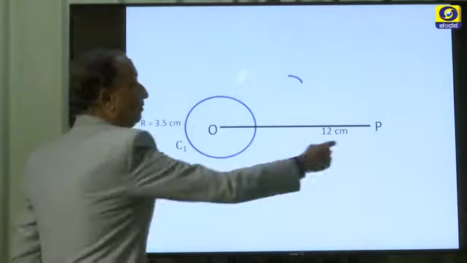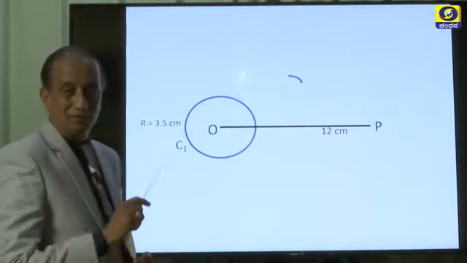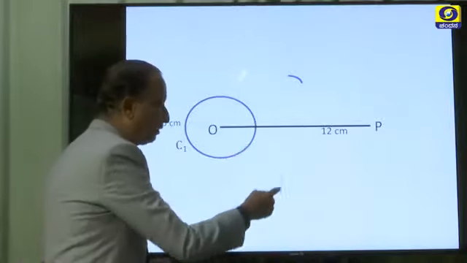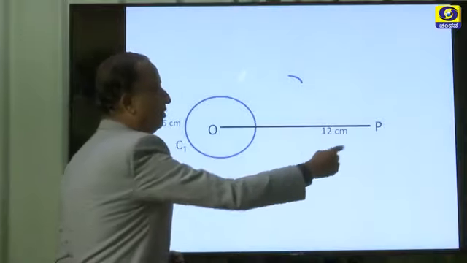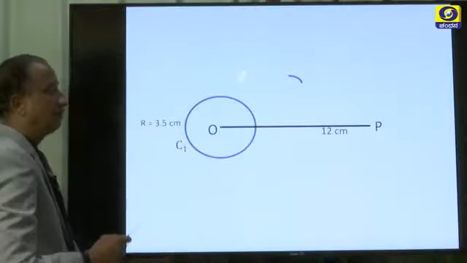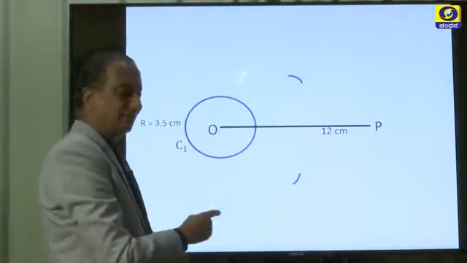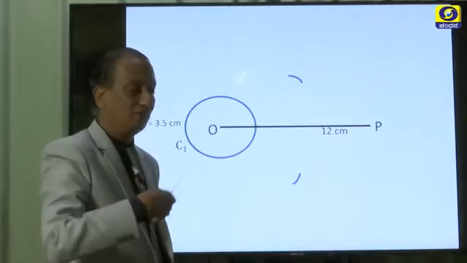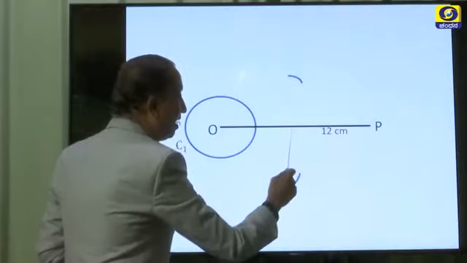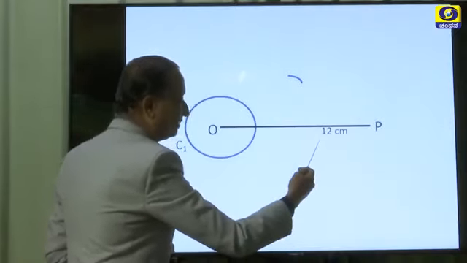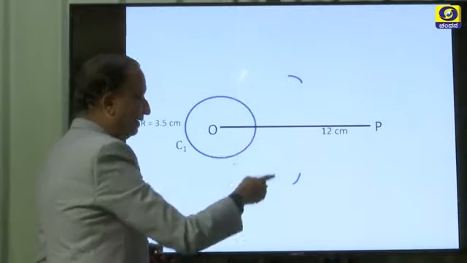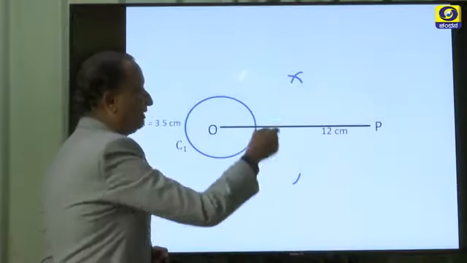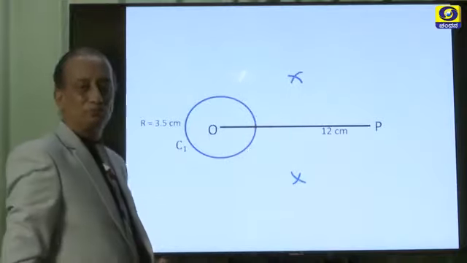Okay. For this we have to find the midpoint of OP. For this you are not allowed to use the scale and choose the midpoint. Instead we have to draw the perpendicular bisector of the segment OP with the help of compasses. That can be done like this. With O as center, you take a radius more than half of OP. OP is this, half is somewhere here, something greater than this. You take that much as radius and cut an arc above and below OP. Then with P as center, with the same radius, cut these 2 previous arcs.